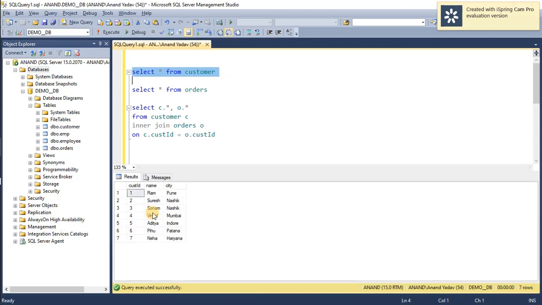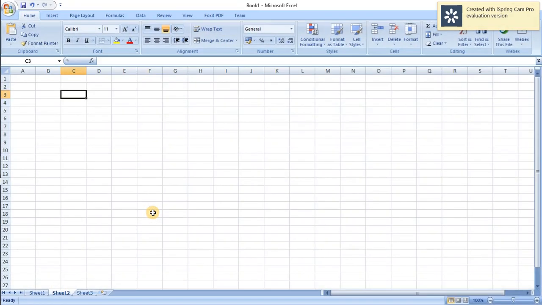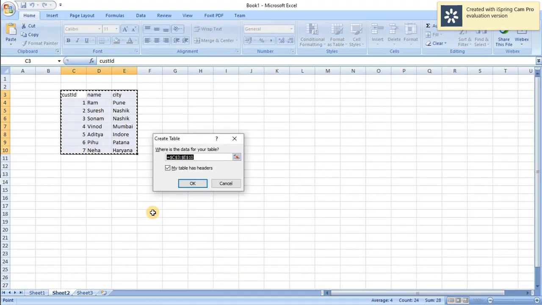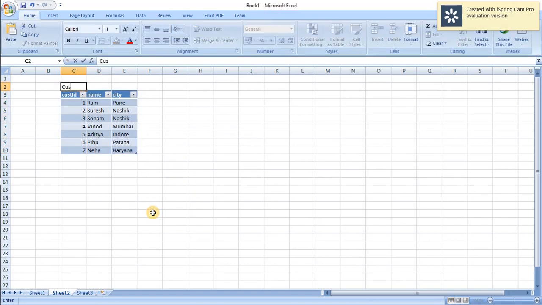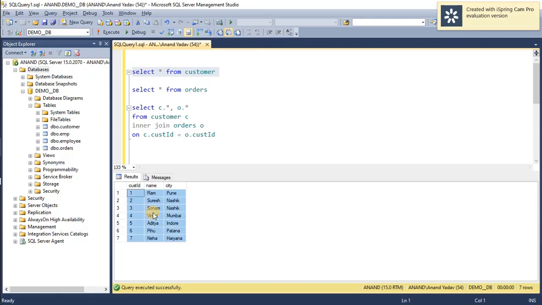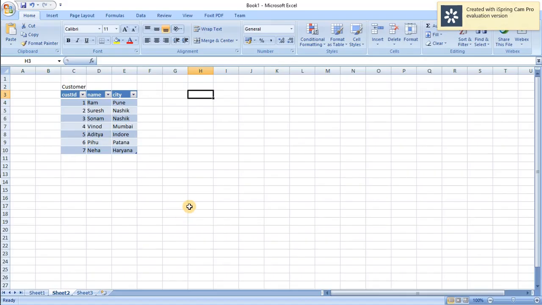I just copy the customer data to my Excel sheet. So this is my customer table, and I will copy the data of orders to the same Excel sheet.